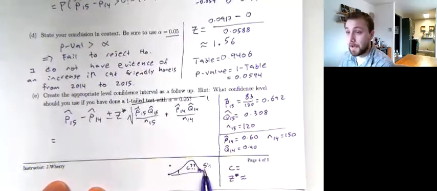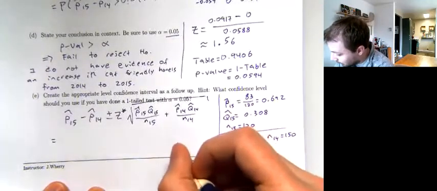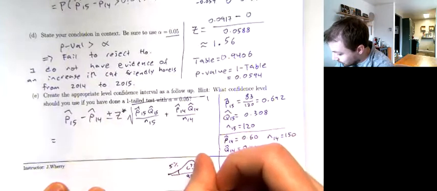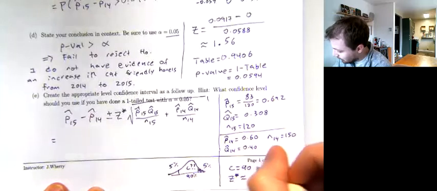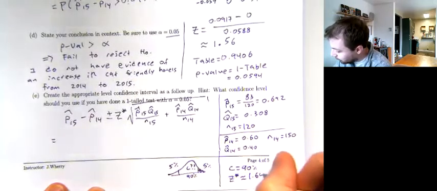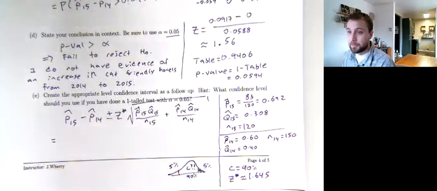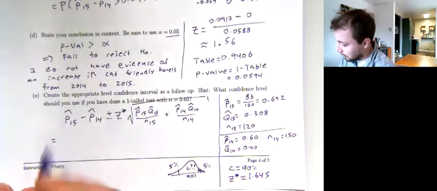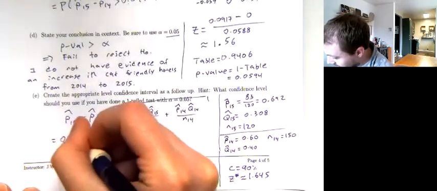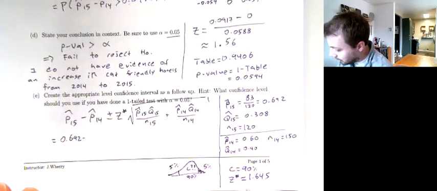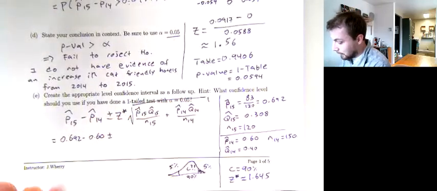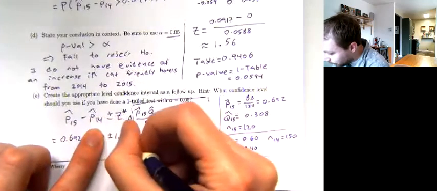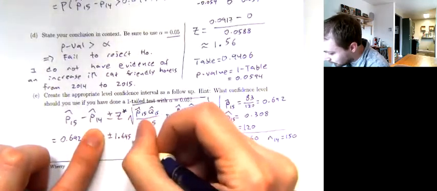Okay, if I have 5% here, I also have 5% here. That leaves me with 90% in the center. If I have 90% in the center, my critical value Z star for that result was 1.645. I'm going to plug in my numbers. 2015, my success rate was 69.2 minus 2014, my success rate was 60. So I'm taking my confidence interval formula, 1.645, square root